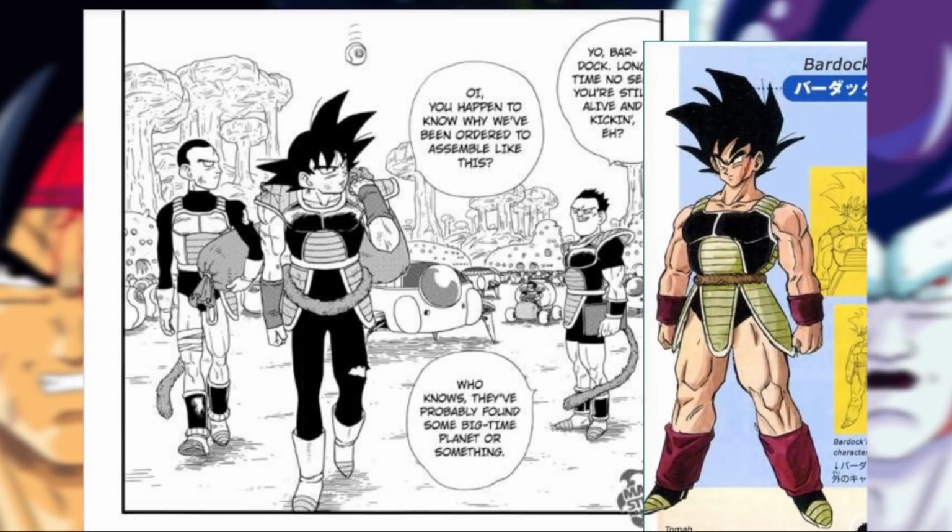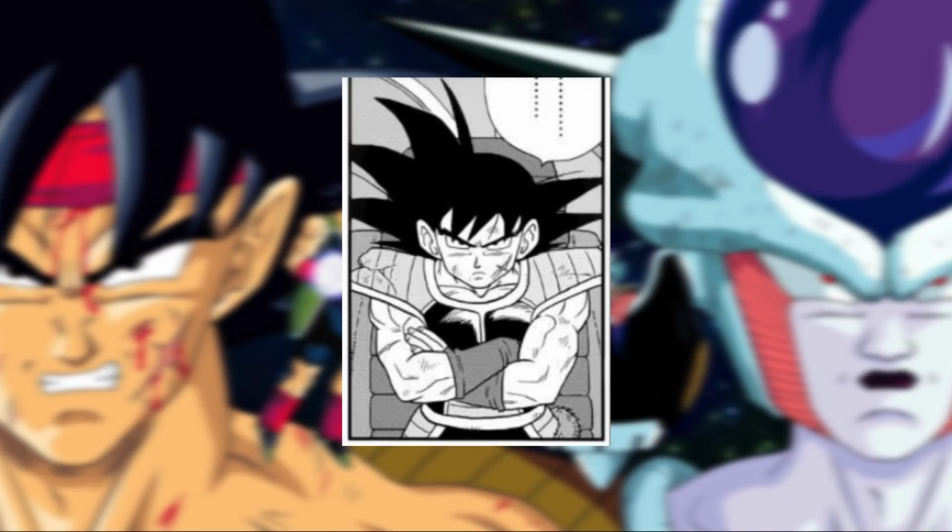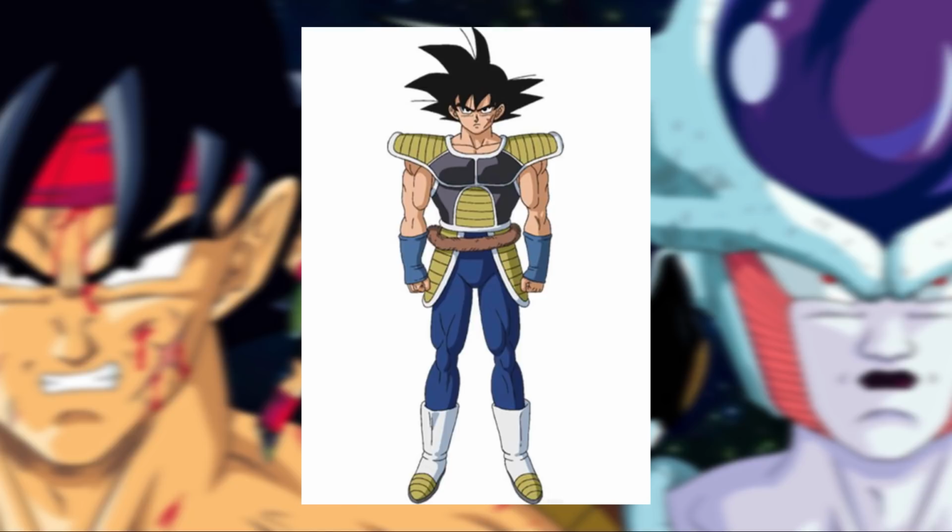And lastly, Toriyama seems to draw his head larger in proportion to his body, which again is a stylistic choice that is present in a lot of his modern work, and one that gives me mixed feelings. However, unlike the thinner look of Bardock, this stylistic choice doesn't really make it into Shintani's sheets, and the front of the face feels slightly less wide with the jawline more angled in compared to the Bardock Toriyama drew in the bonus chapter. And as usual in relation to Toriyama's newer style, it isn't bad by any means, it's just